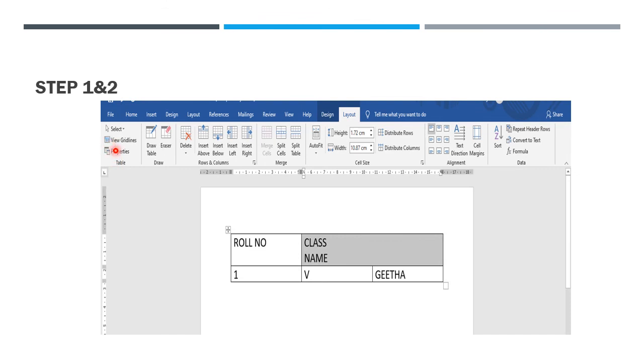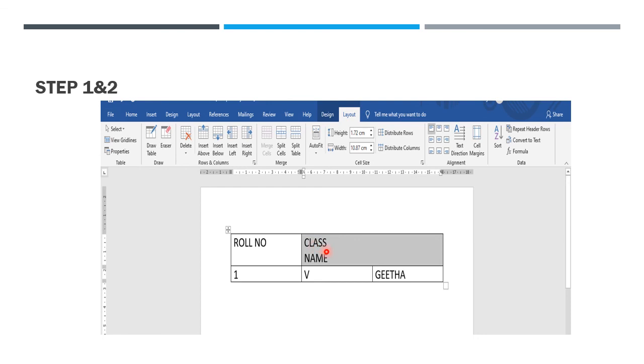In step 1, click the cell or select multiple cells that you want to split. See here, multiple cells. They have two cells. What are the two cells? Class and name. So these two are in the same cell.